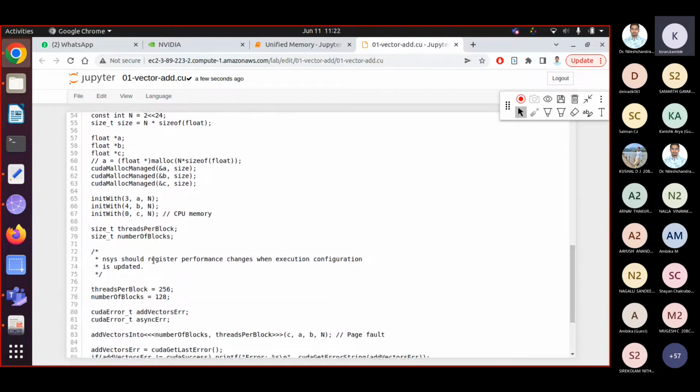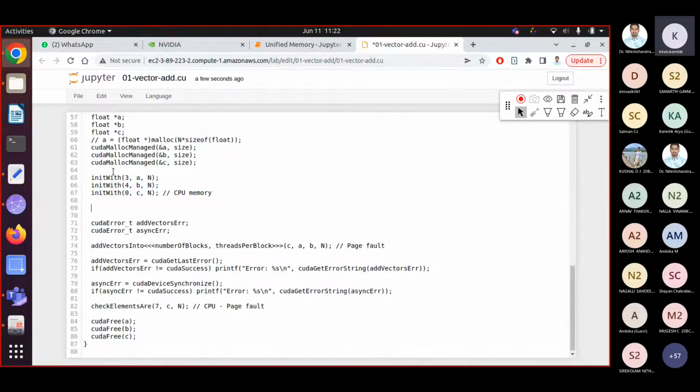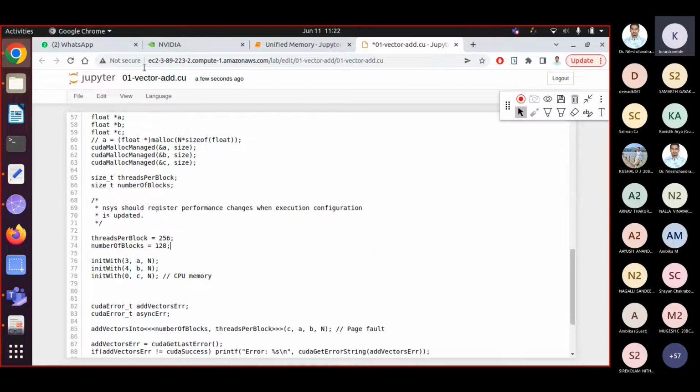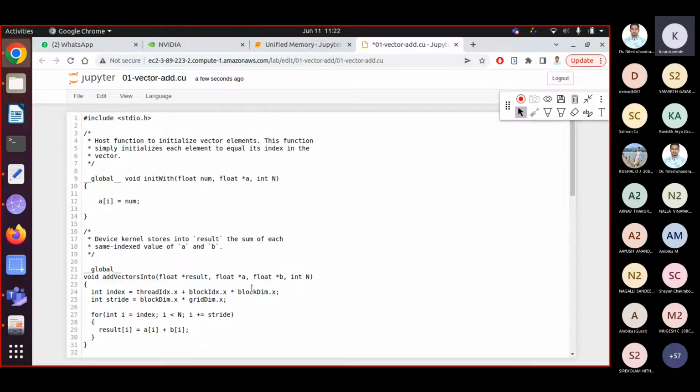Then we will have this thread configuration. I will use the same threads and block configuration for init with function also. So I'll copy paste this threads and block here, and we will mention here the same threads and block configuration, right? So now this init with function call is changed to a GPU function call, and this function definition we converted into GPU, right? So here we just need to add this statement, create a global ID,